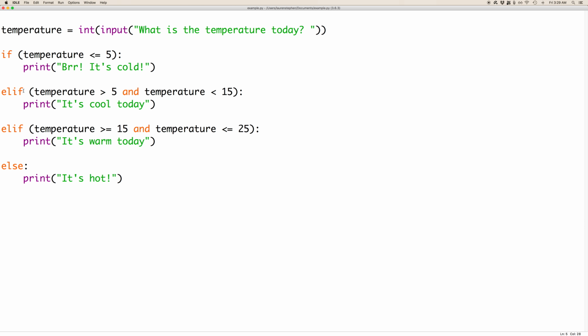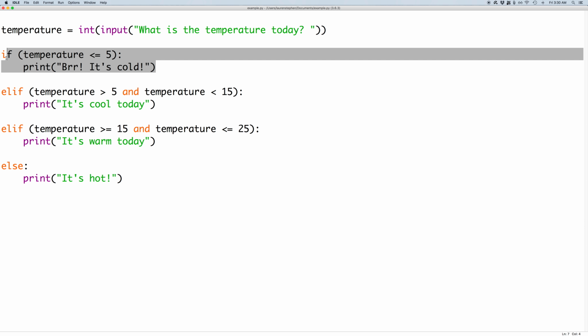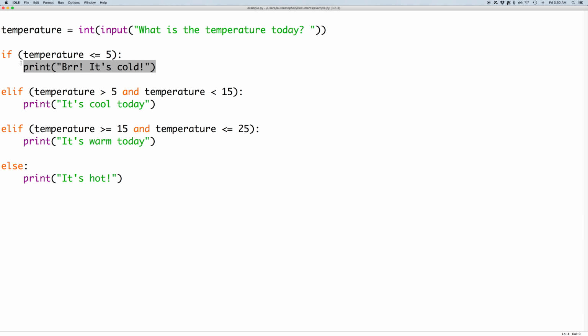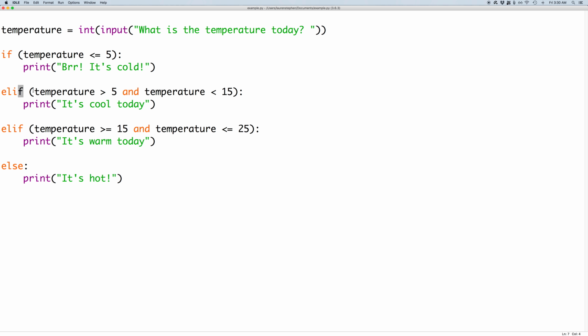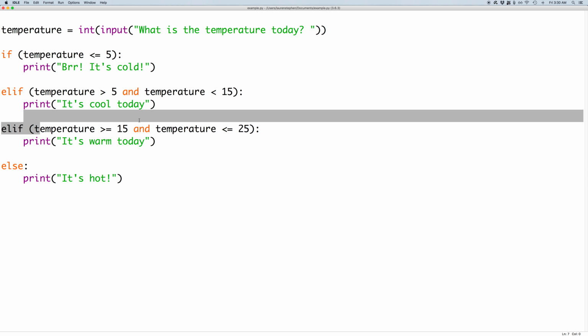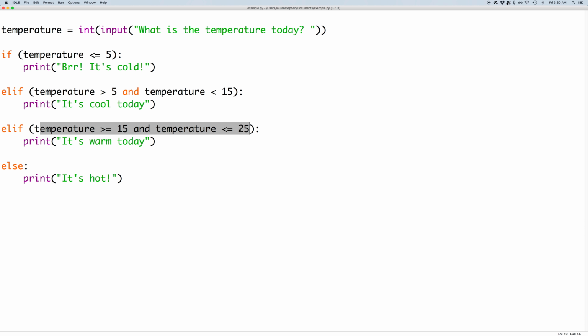Now we also have some else if or elif statements. And these statements are only going to run if this first if statement is not true. If this if statement is not true, then the program's going to move on and check these else if statements. If the temperature is between 5 and 15, exclusive, then we're going to print out the message, it's cool today. Now, if this statement is false, then we're going to move on to the second else if statement. If the temperature is between 15 and 25 inclusive, that's including those numbers, we're going to print out it's warm